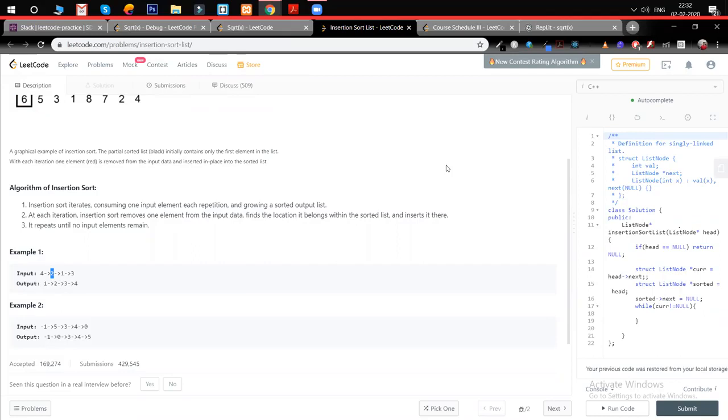It can be. Suppose you have another 2 at the end. When you insert it, you know that the second 2 has to be after the first 2. Then that's stable, right?